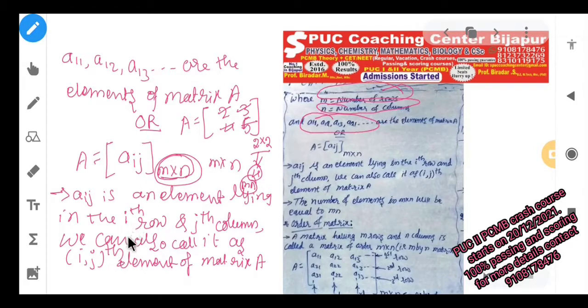Let us have that point, it is very important for CET. The number of elements in an m by n matrix will be equal to